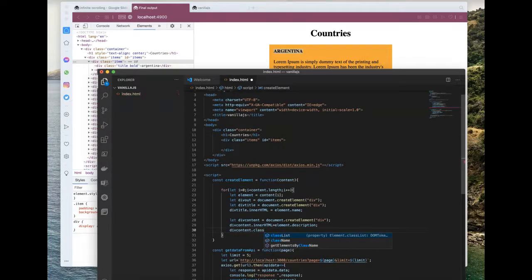We'll add a class name as description, and we'll have a class name for title as title.